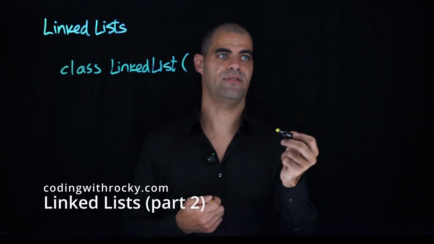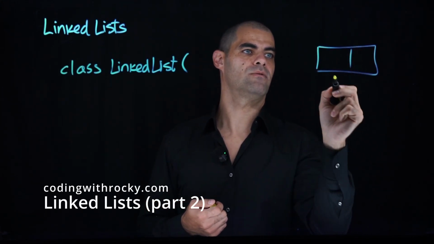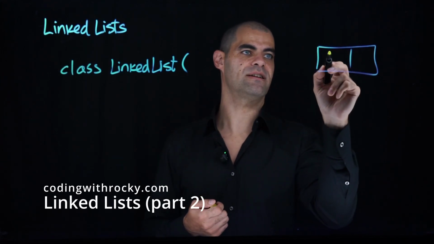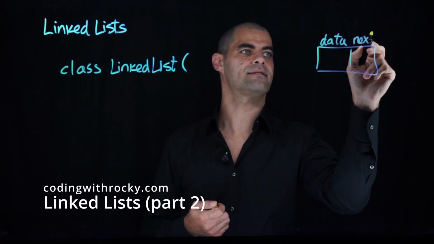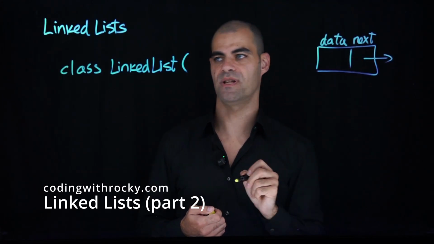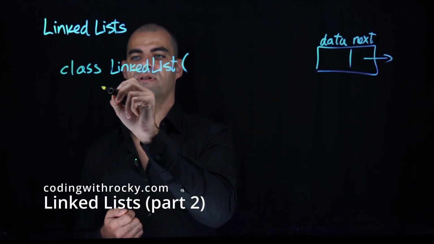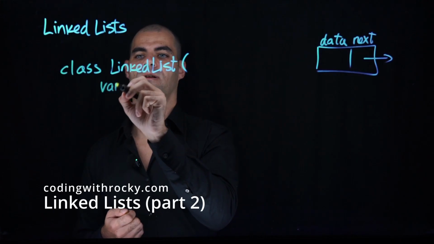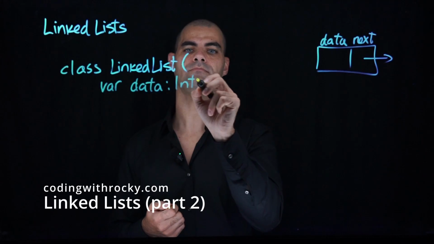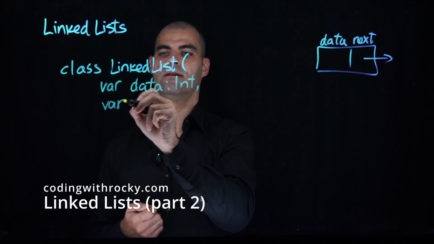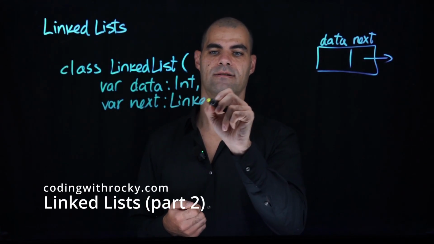that would have two fields here. One is the data and one is next. So next is a reference to the next element. So here we would, let's say, have an integer called data, and next is a linked list,